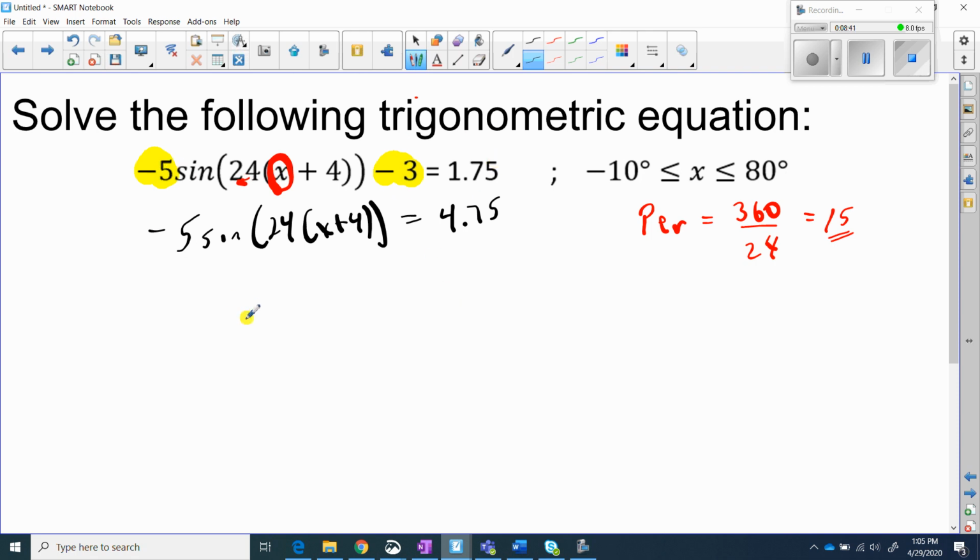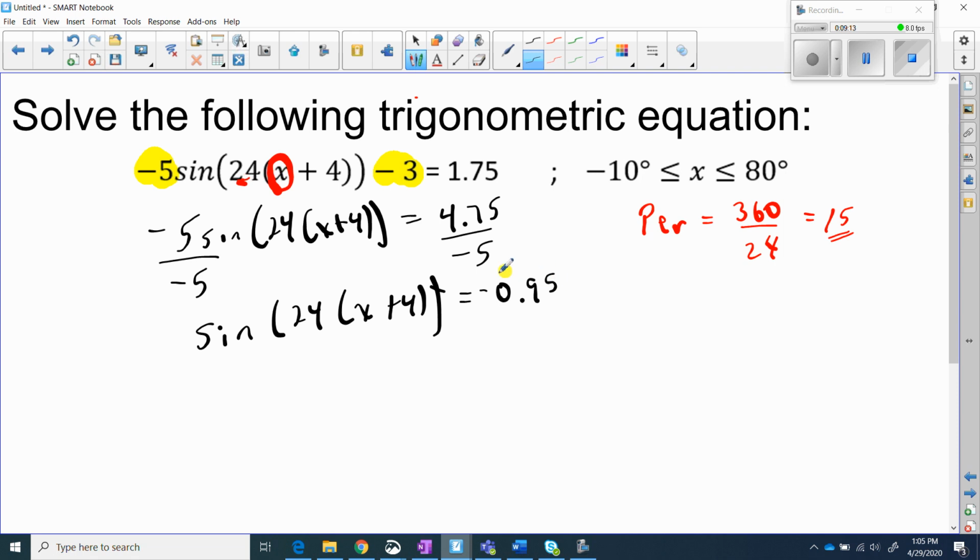Well, now I'm going to deal with this -5 out in front. So I'm going to divide both sides by -5. And I'll have the sine of 24 multiplied by x plus 4 equals, I'm going to divide this out so I have the actual number here. So 4.75, divide that by a -5, and I get -0.95. Okay, now this is where sometimes students that don't quite understand how trig functions work, they say, oh, now